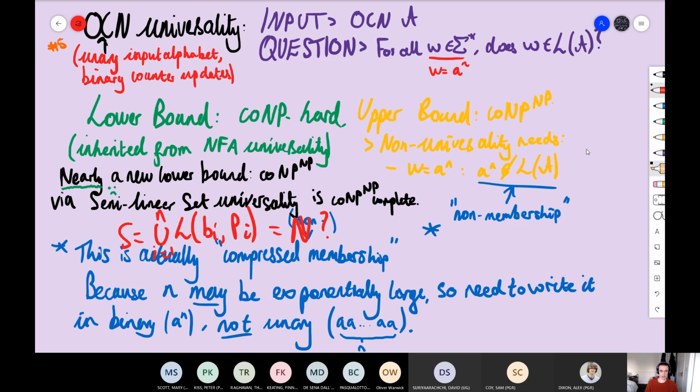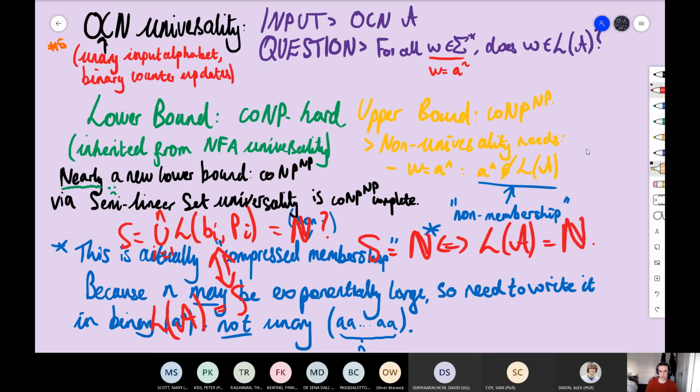I then tried: can I find a one counternet with language exactly equal to the semi-linear set S as input? So we have a reduction where we take an arbitrary instance of this problem, semi-linear set universality. I then convert, in a short amount of time, to some nice one counternet. And that one counternet has exactly the same language as the semi-linear set. And then if S is universal, we get that the language of the automaton is universal. And that would get our co-NP to the NP hardness, and then improve this bound, and we would get completeness here. That was the dream, right?